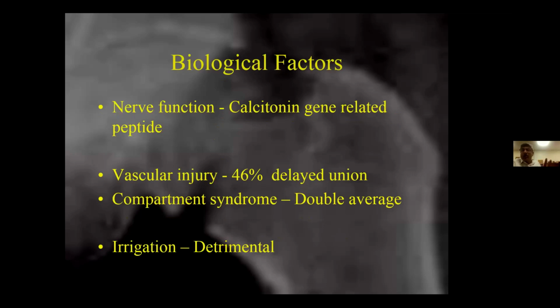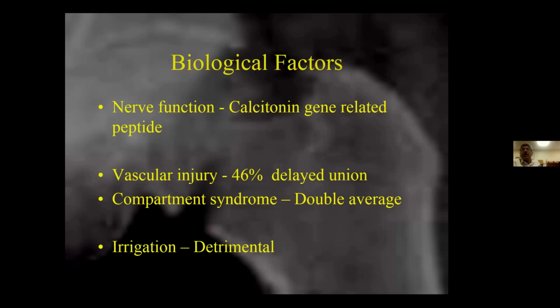Now, because we know what's happening at the stages of fracture healing, what is happening at the cell level, and what is happening in the types of fracture healing, let's take a scenario where the examiner has told you this is a fracture with so much comminution and a large degloving injury. What do you think? Is it good for fracture healing or not? You'll say, I think it's not good for fracture healing, and you'll give your reasons why. And then let's take each reason down to the cell level